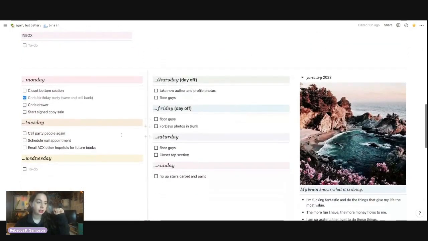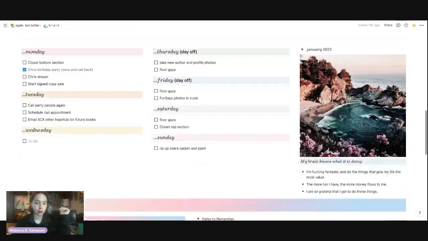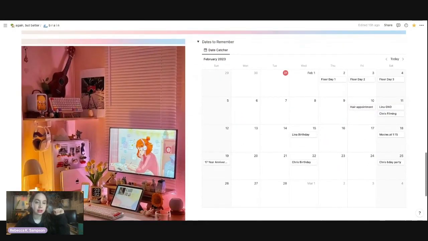And then here is section 3 for week planning, where I can move things depending on what I'm doing for that week. And then the last section is just where I write down dates that I need to remember. I pretty much only write down dates here. I don't write meetings or anything like that, because then there would be so many that you can't see anything. So it's just dates where I need to be somewhere or I need to interact with somebody.